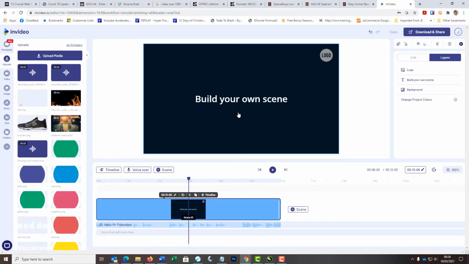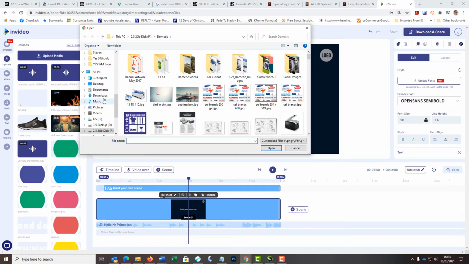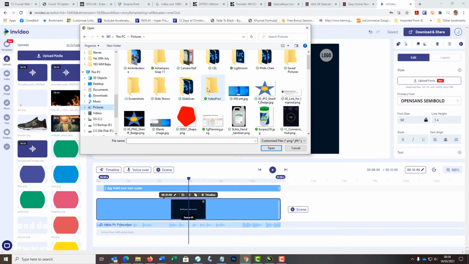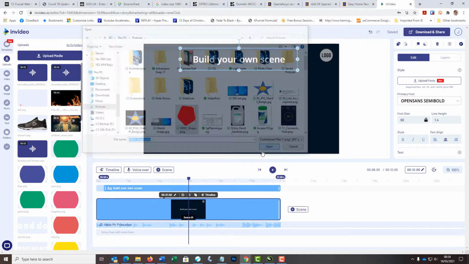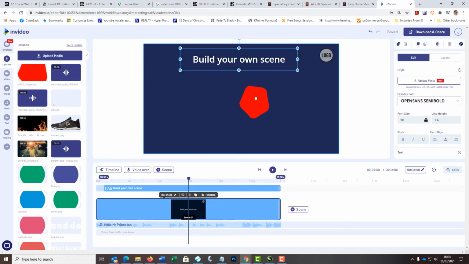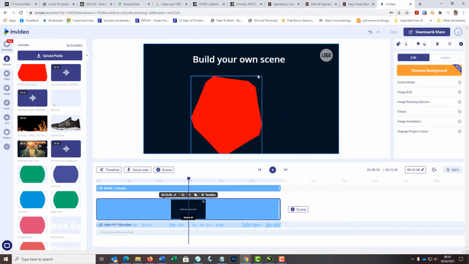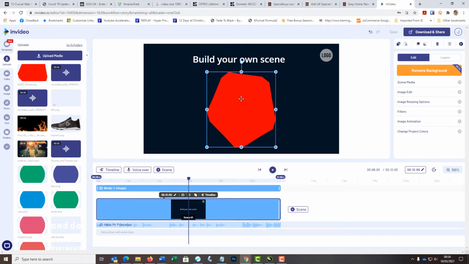Okay, now I'm in InVideo, build your own scene, blah blah blah, background, etc. I'm just going to slide that out the way. So I'm going to go to upload media, I'm going to go to pictures, and there is my customized shape. And if I drag it on, there is my shape, and I'm there. So that's creating a custom shape, bring it in using the upload media, and then simply placing it on the